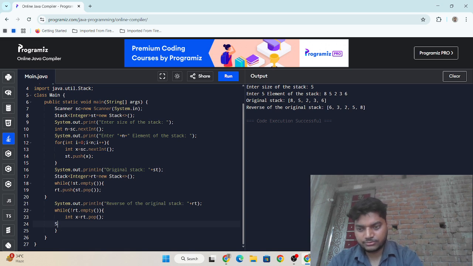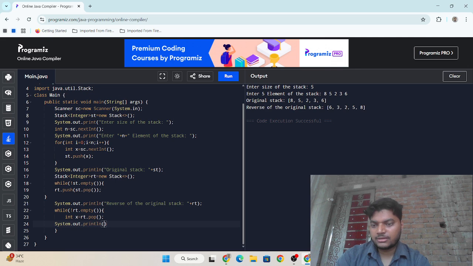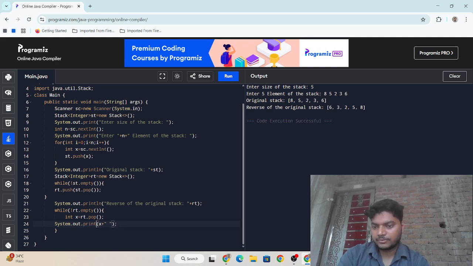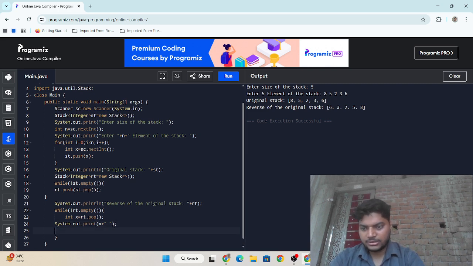System.out.println of x plus one space in the element, okay, and then you need to do st.push of x.